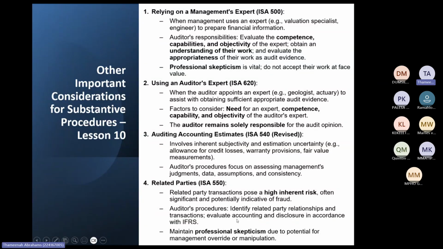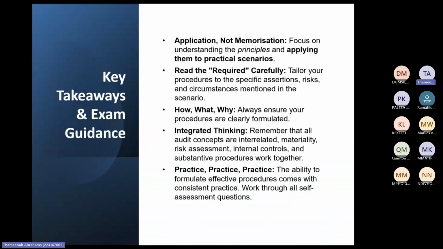And remember, with related parties, there can end up being fraud happening. And so we want to know who the related parties are and whether there were any transactions done with related parties. Also, as an auditor, one of the procedures is we must make sure related parties are disclosed appropriately according to the accounting standards, because you have a note in the financial statements that says related parties. Then they will say so and so is related, and these were the transactions that took place between those related parties. And then of course you must maintain professional skepticism, because of potential management override or manipulation within related parties. So these are just additional considerations you would use.